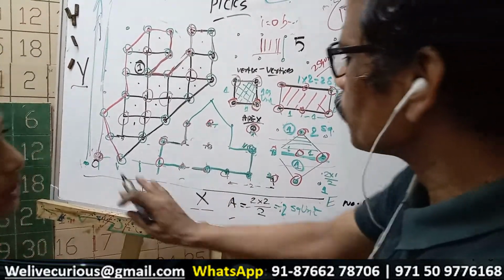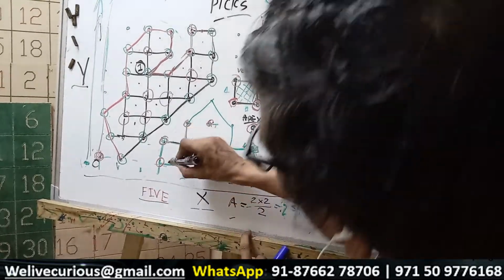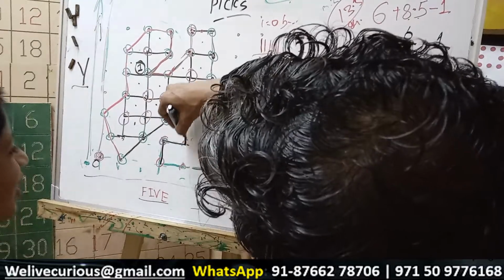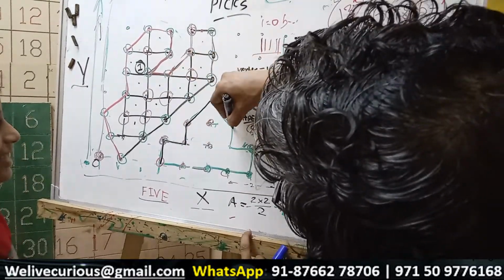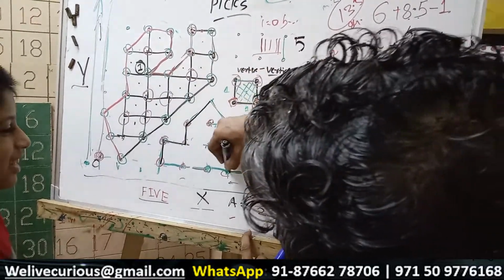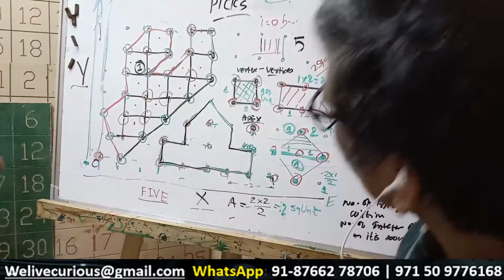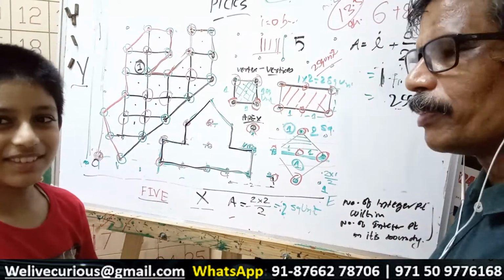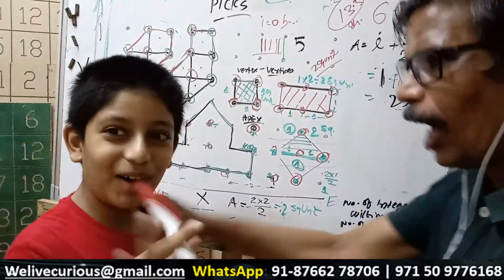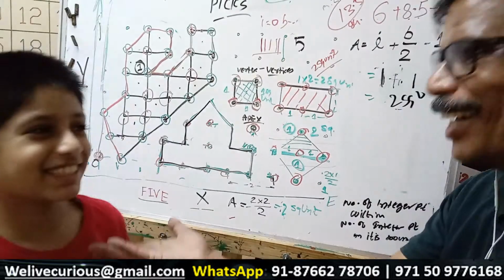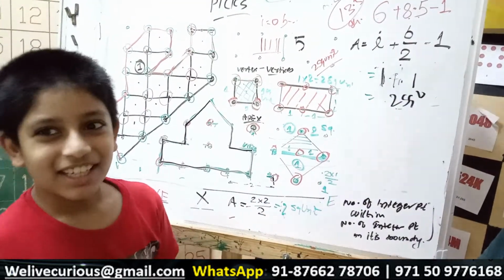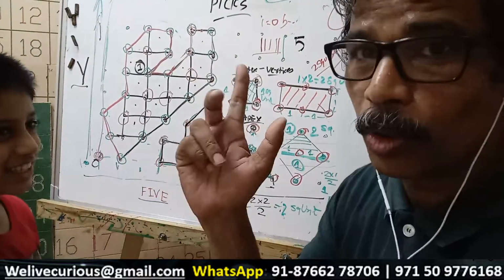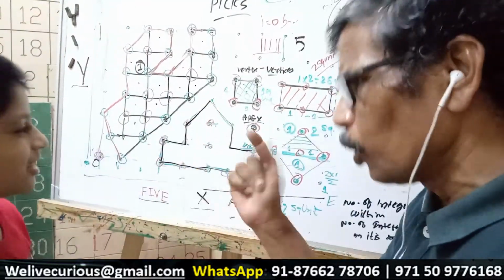Internal point. Wait, hold on. Let me first make the figure, so that we know what we are dealing with. Now this is the figure. Now, if you show this to a grade 10 kid, he would run away. He would say, it is not within my ability. Who will calculate area of this? You go grab him. Where are you going? I will tell you how to calculate area. He would go shaking his pen. He would say, no, I will go grab my calculator. So forget it. I will tell you now.